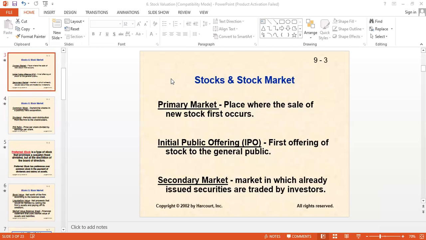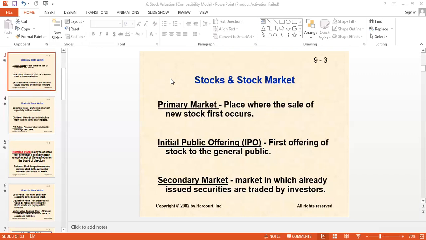All right. This is initial public because shares are being sold to the public. So initial public offering is self-explanatory: we are offering the general public to come. Why don't you come and buy our shares? Okay. So the abbreviation is IPO. It is mentioned as the first offering of stock to the general public.